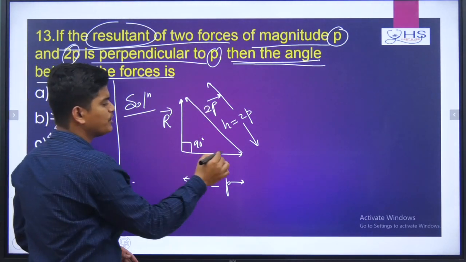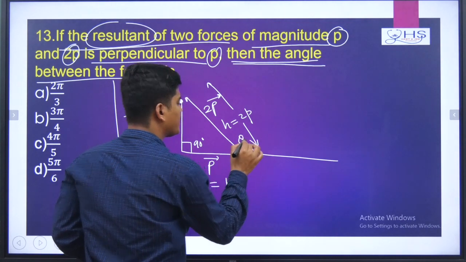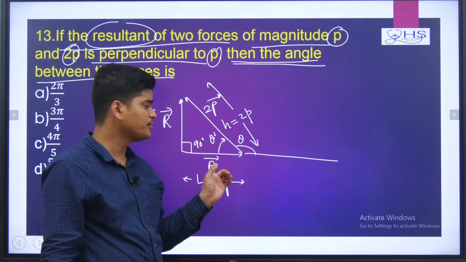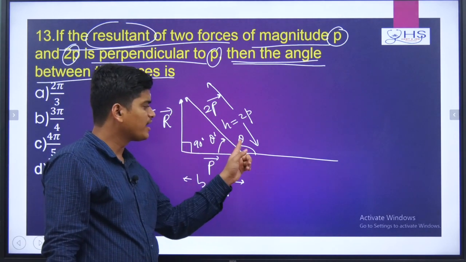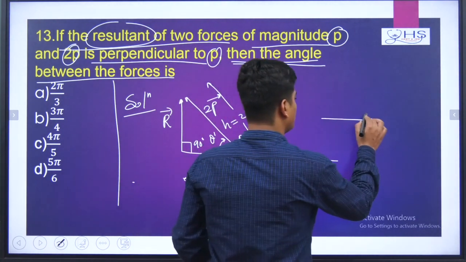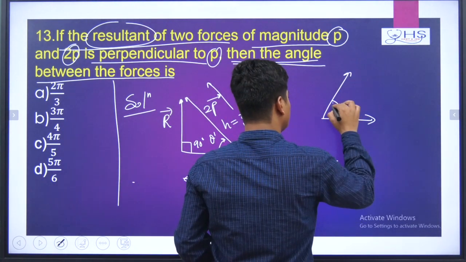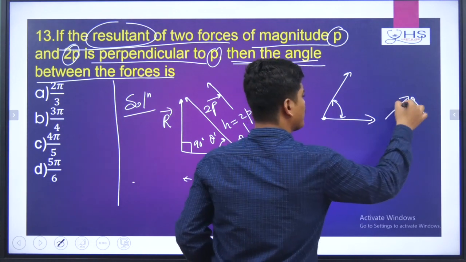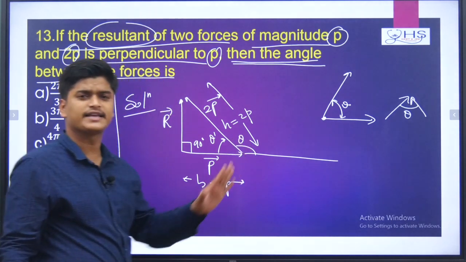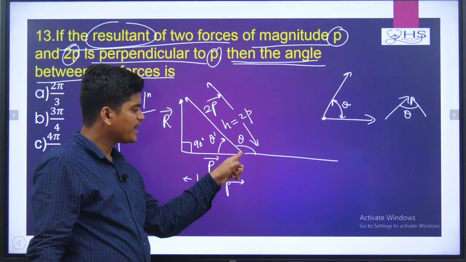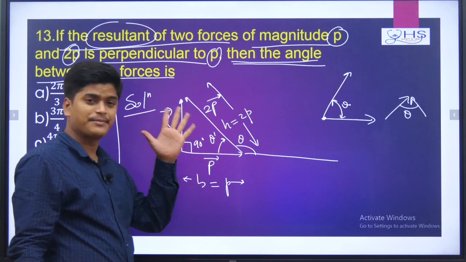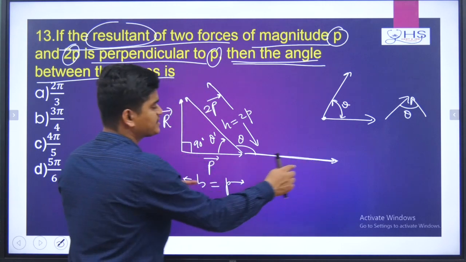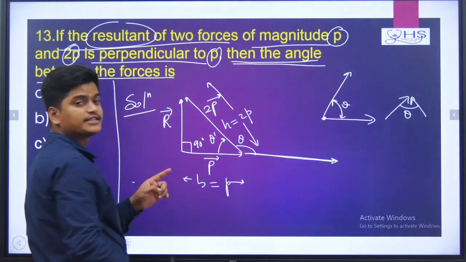That means between P and 2P we will check the angle. So this will be the actual angle. But now let's find what theta prime is. Theta prime is not the angle between P and 2P. Between P and 2P the angle is theta. Already the angle concept: if two vectors are connected either tail to tail or head to head, then the angle between them is nothing but theta. So here you see head to tail. That's why this theta prime is not the angle. We have to extend this P vector. So if we extend this P vector, then between P and 2P this angle is basically theta.